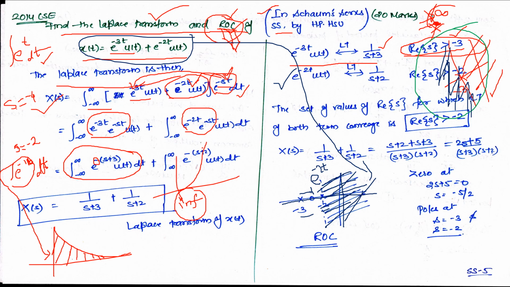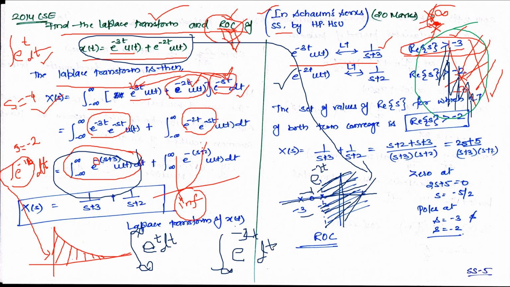I'll just repeat. Region of convergence means where the system or the function will converge. So take this term, substitute the values and identify for which values of s it will lead to a finite value. Obviously when e power goes to the positive, let us say e power t dt, you cannot identify a finite area under the curve in this case. But if you have something like e power minus 3t or minus 4t, let us say, then obviously this is a converging term because the area under the curve is a finite value. So that's what the region of convergence is in this question.